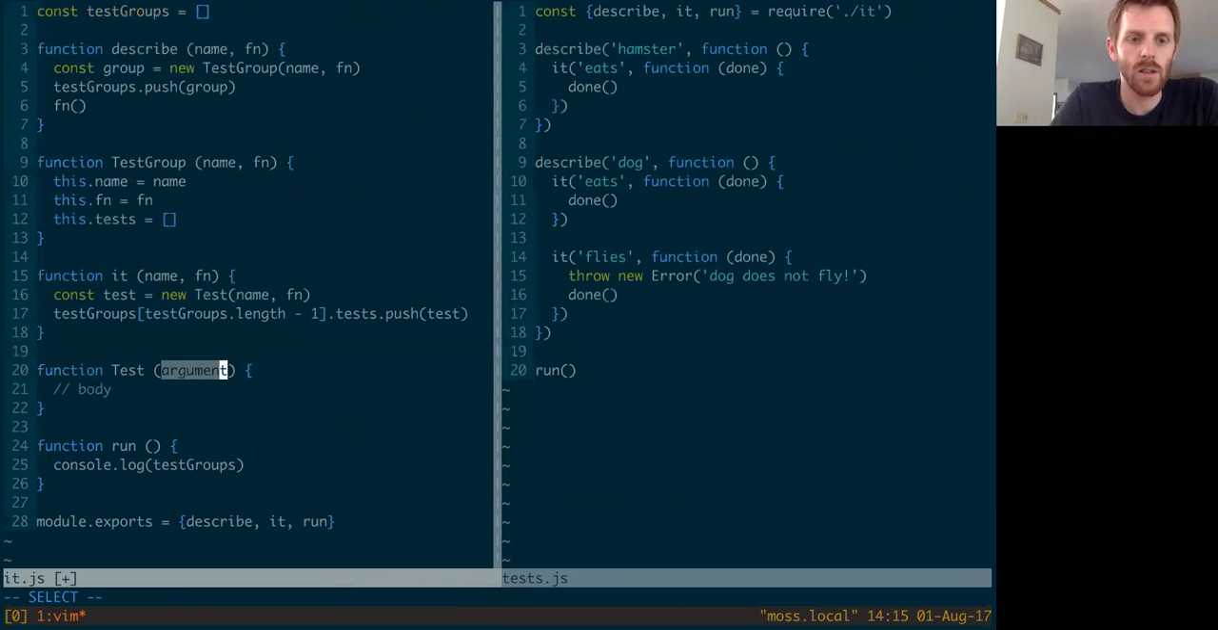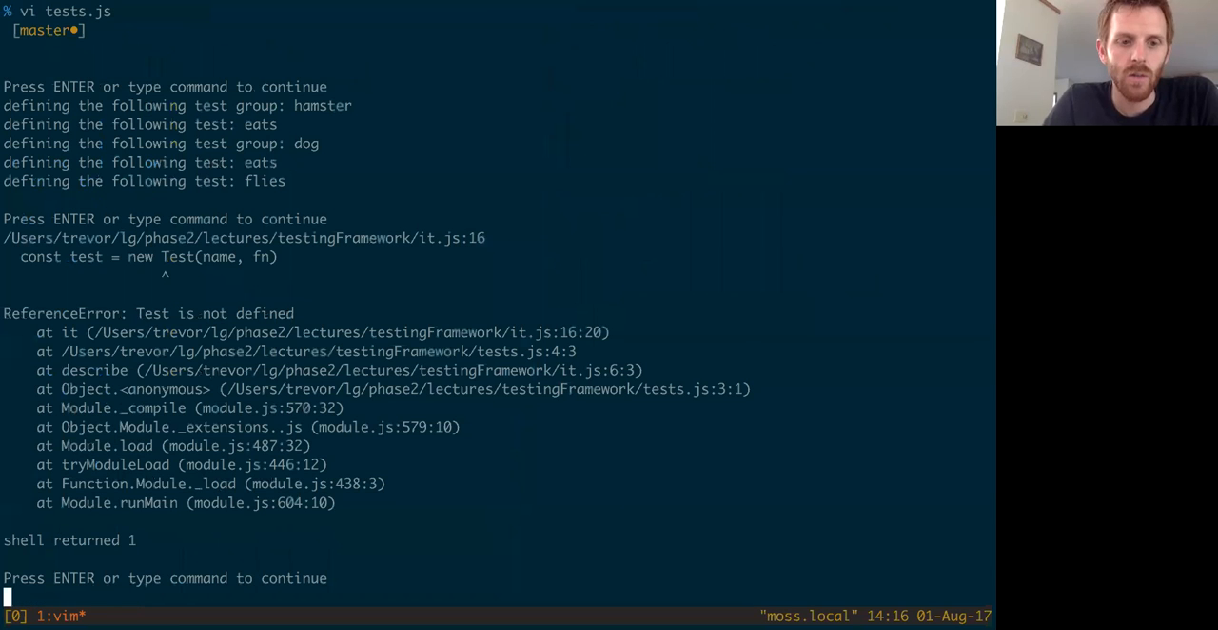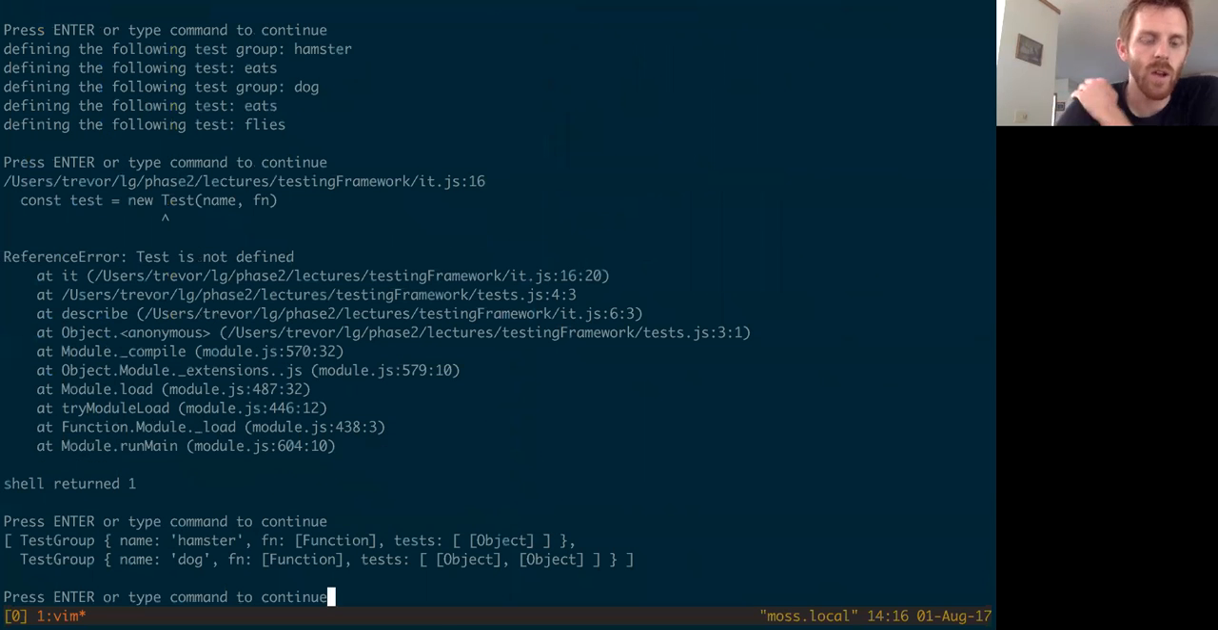Function test takes a name and a function, and it's probably going to look a lot like this. So initially, this test object, sort of like the test group, is really simplistic. It's just holding data, but eventually we'll be able to add methods to it that will actually run the tests and handle test failures. But for now, okay, so now when we hit our run function, it prints out the test